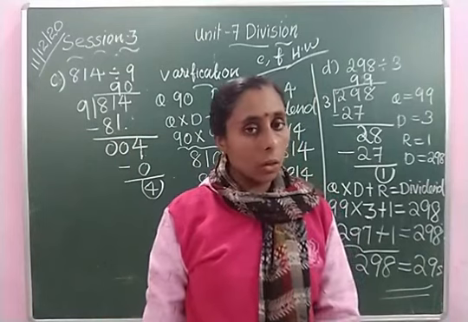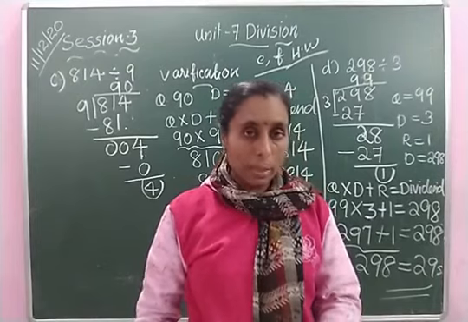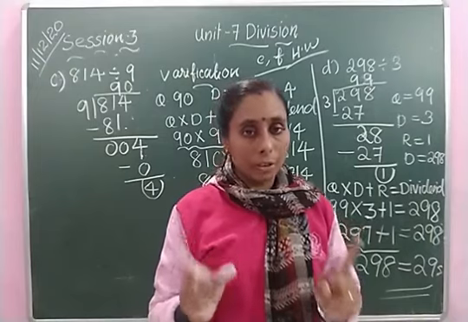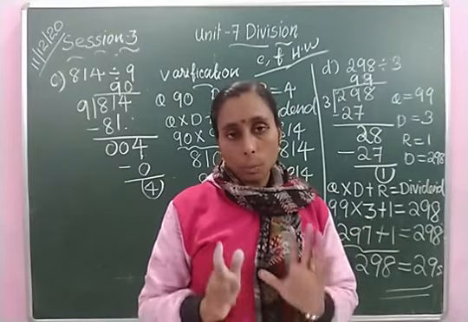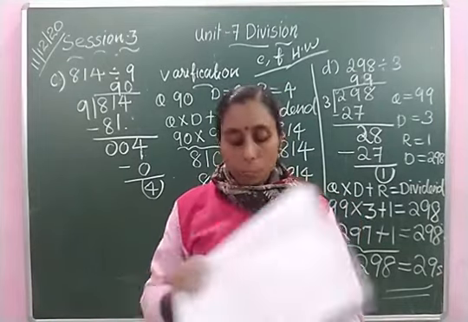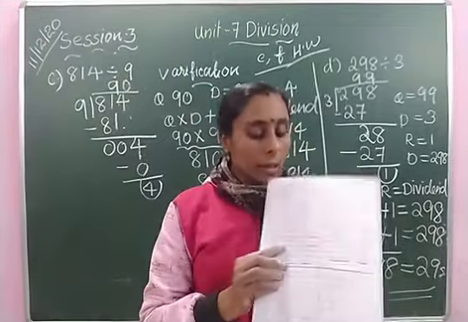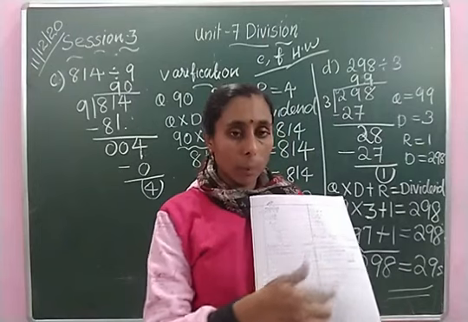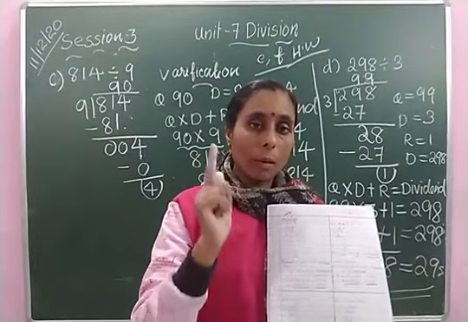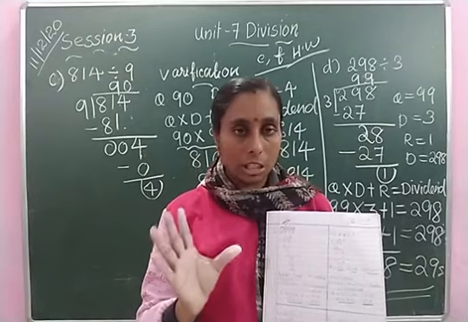While you are writing in your copy, please write neat and tidy. The answer should be underlined with a double line, and make columns. Maximum 4 problems is enough in one page. Don't write more than 4 problems, it is very difficult for copy correction. In my copy, I have written only 4 problems since it is a long copy. In your small copy, maximum 1 or 2 problems is enough. Don't write too small. Write neat and tidy.